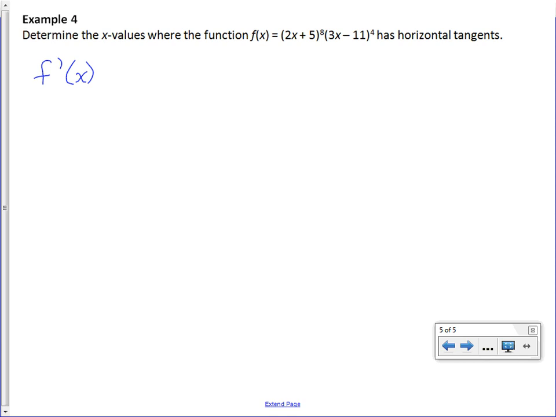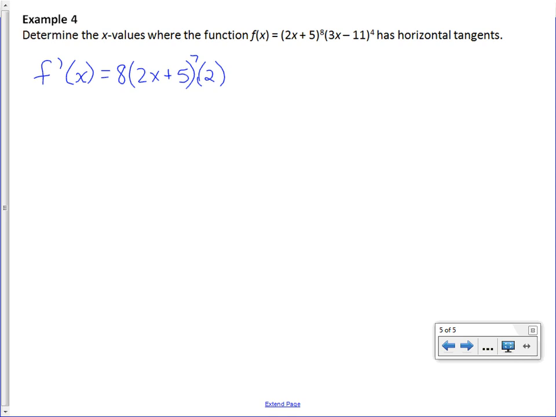So, derivative of the first, blah to the 8. Derivative of blah to the 8 is 8 times 2x plus 5 to the 7. Am I done? No. Times derivative of inside, derivative of blah, derivative of 2x plus 5 is... Okay. You are 1/4 done the derivative. 1/4. Okay? Derivative of first. What comes next? Times the... Nope. Derivative of first times the